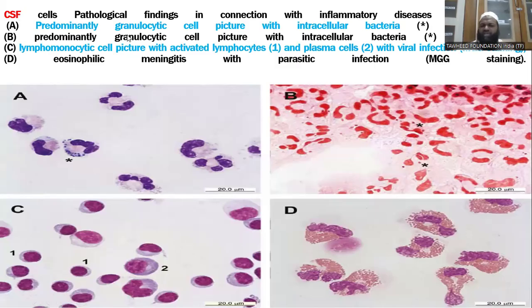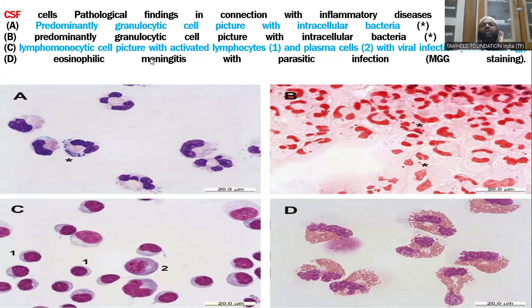So, CSF cells, pathological findings in connection with inflammatory disease of the CNS, predominantly granulocytic. If you see, majorly granulocytes are present with intracellular bacteria. There are a lot of bacteria here. And what type of stain have we used here? That is MGG stain, May Grunwald's Giemsa stain. Again, B, predominantly granulocytic cell picture with intracellular bacteria. Here, we have used gram stain. Okay. So again, C,